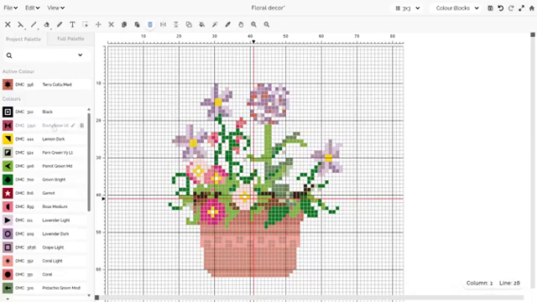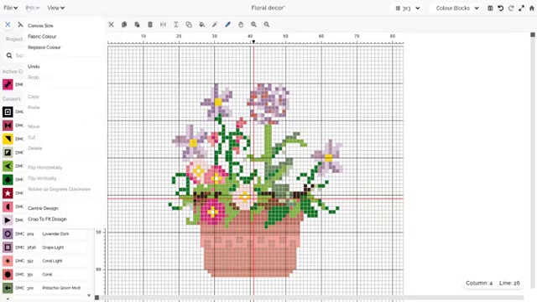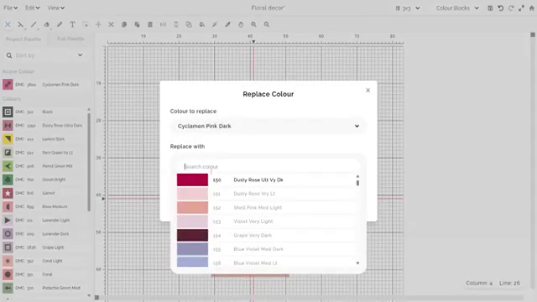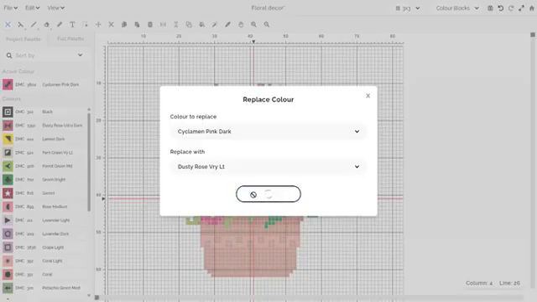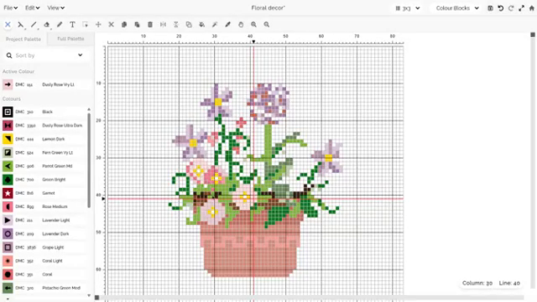Cool. So for a little trick, if you've got quite a lot of colours in your palette, even just a way to find the colour that you're after really quickly, you can use the eyedropper. So with the eyedropper, I've now selected that pink colour we want to change. Then I go up again to use that replace colour tool, and I can pick a different pink. So maybe we go for the Dusty Rose 151. Yeah, let's do that. We can replace that one, replace colour, and then that's updated for us. If you use that eyedropper, which does look a bit like we're putting drops in our eyes,